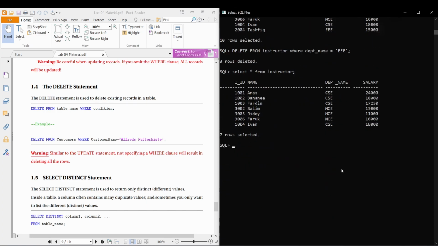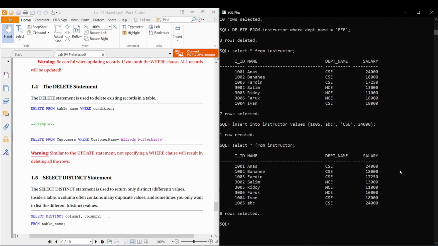So let's make things easier. Insert into instructor values 1005, name ABC, and department name CSE, and the salary as 24,000. Okay. Now when I select the entries from the instructor table, you see that we have two entries with the